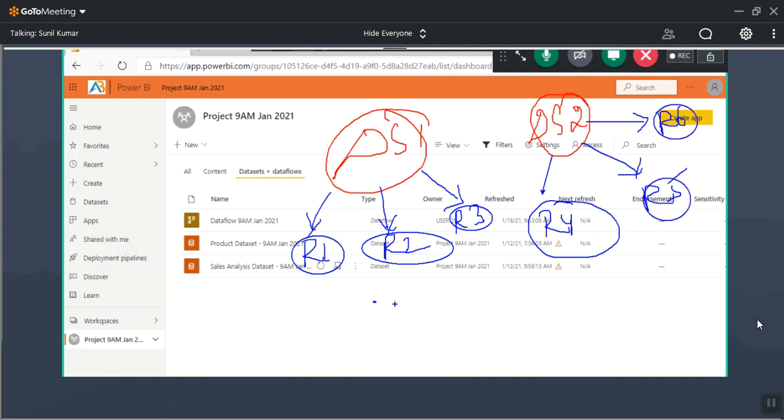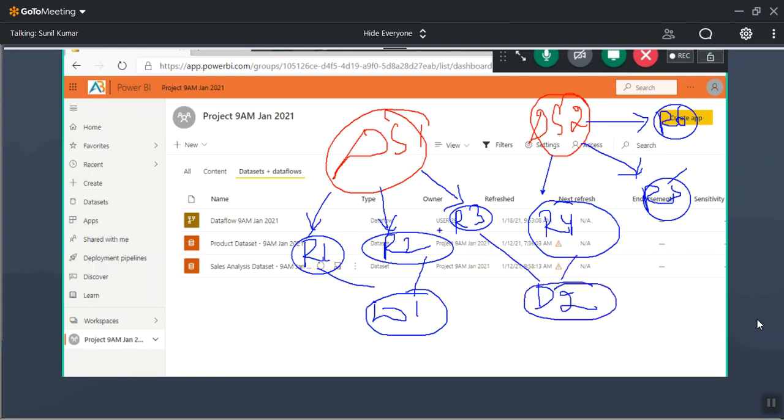On top of reports, we can create dashboards. We created dashboard 1 using report 1 and report 2. We created dashboard 2 using report 3 and report 4. Dashboards can be created on multiple reports, might be created on the same data set, or on different data sets. This report is created on a different data set, and this report is created on a different data set. We are creating a dashboard here.